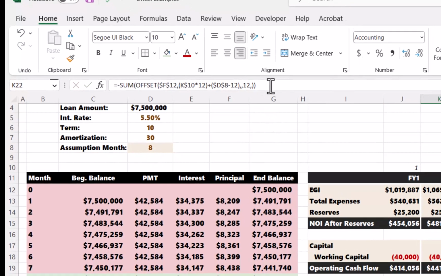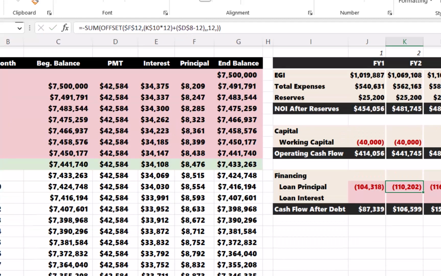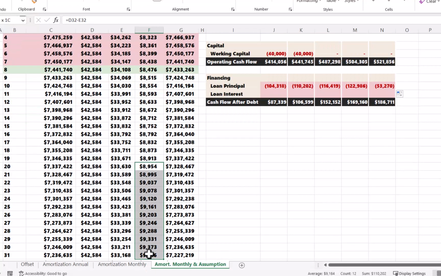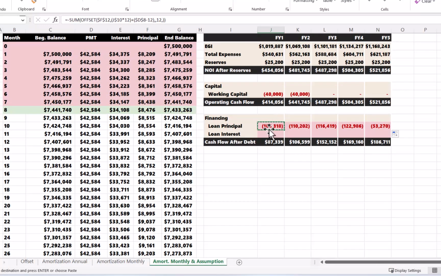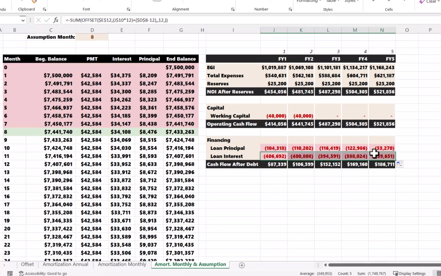In year 2, we're now taking 2 times 12, which equals 24. The assumption month, which is 8, minus 12 is negative 4. 24 minus 4 equals 20. So if we come down to month 20, our second year of principal cash flow starts in month 20. We grab 12 rows of data, which is specified with our height being set at 12, equals 110,202, which matches what we have above. We can take the principal cash flows, copy and paste them in the interest, and then we just need to slide our reference cell over to above interest,